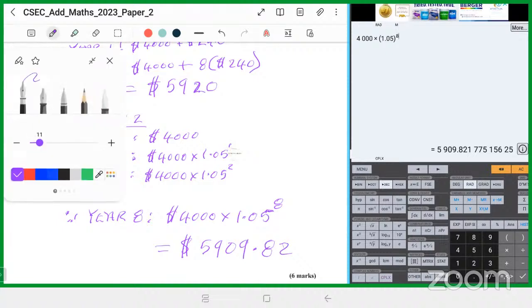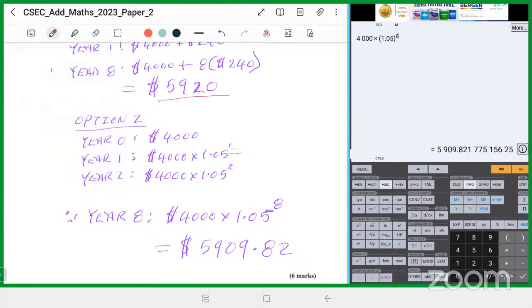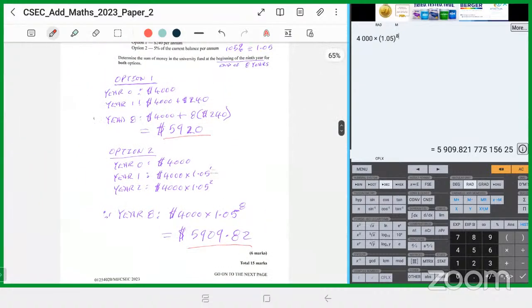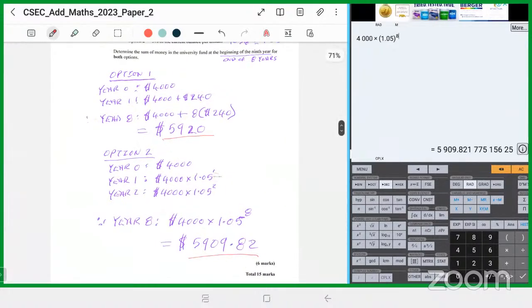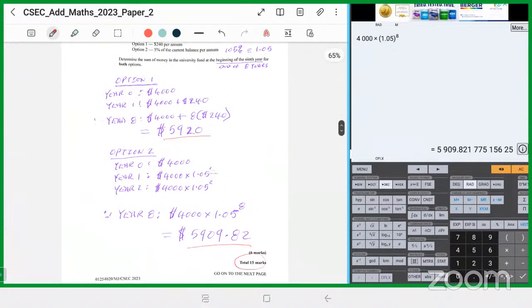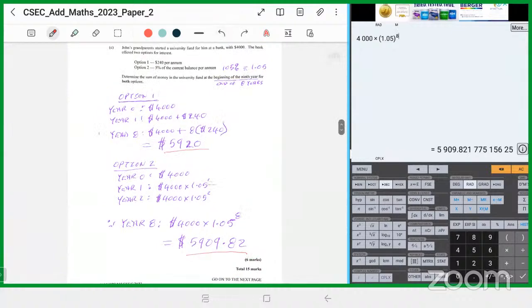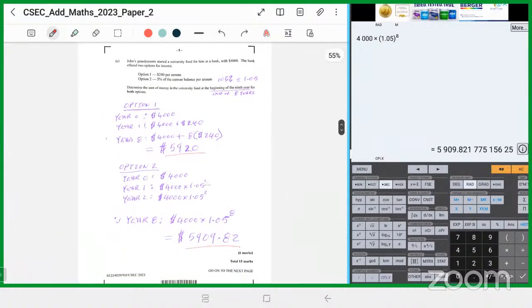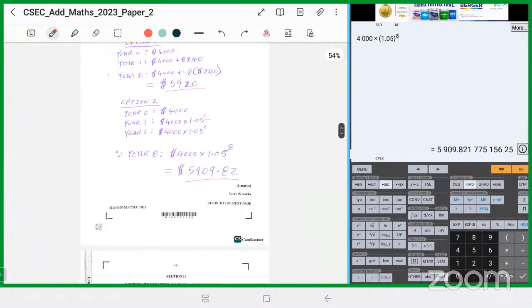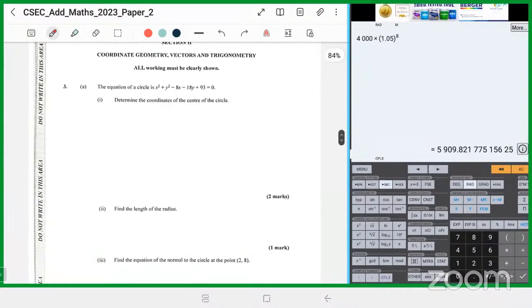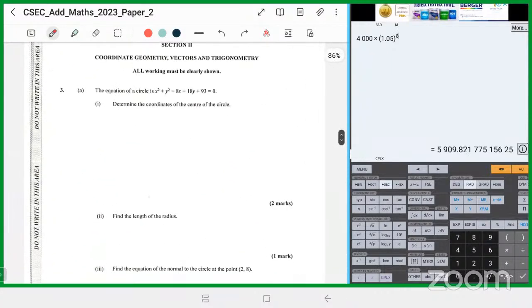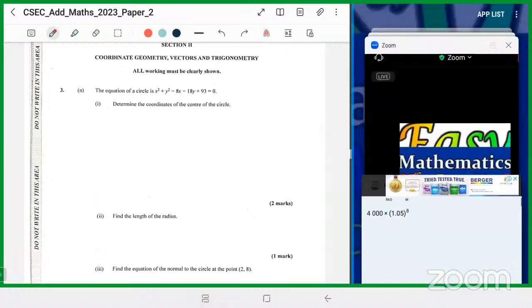This is my sum for option 1. That's my sum for option 2. That is it. Nice and easy. No need to go for the classic AP/GP formulation. Wow, this question is already done. Beautiful. I want to get through this as quickly as possible, so I'll do number 3 down here in the next video. So I'll stop and then go for